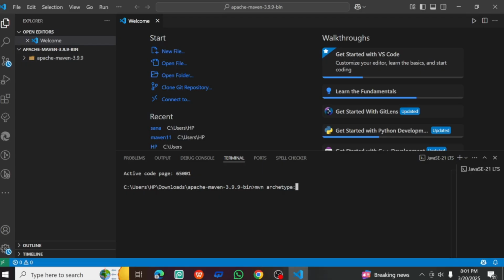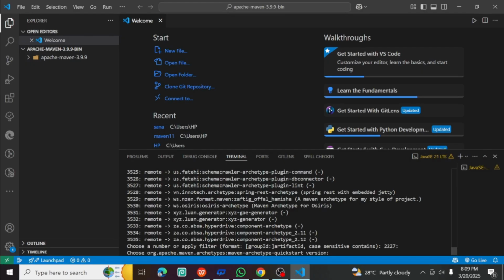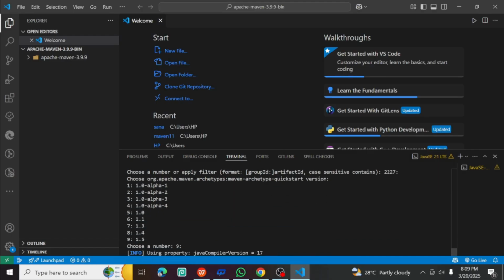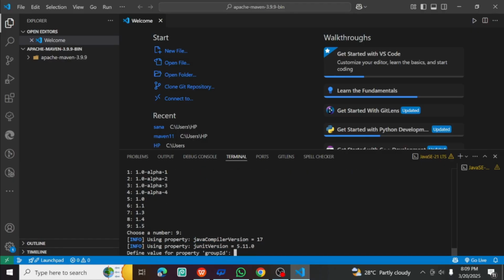and type the command mvn archetype:generate. The first thing it will ask you is to choose a number or apply a filter. Here you can set this as the default and hit enter. And then it will ask you to choose a number. Again, you can set this as the default and hit enter. Now, it will ask you for a group ID. You can choose any group ID name that you want. I will type it as college